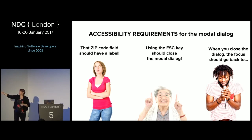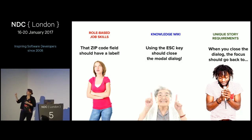And then the last piece is really the stuff to focus on as a product owner. When you close the dialogue, the focus should go back to, and it's very specific to that particular design or development project. So when we're looking at this, you have role-based job skills, and that's really about people knowing how